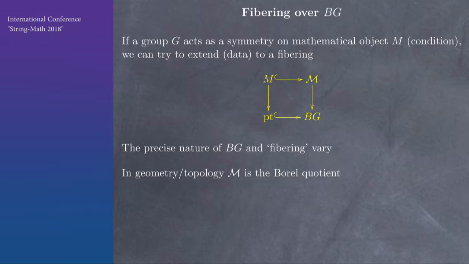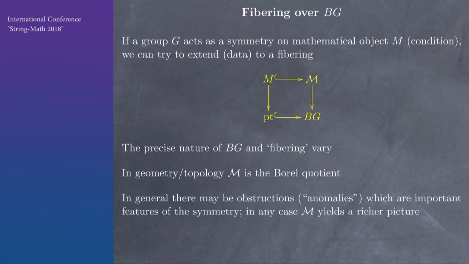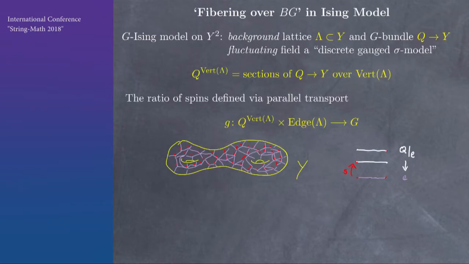So typically when you do that, there's an obstruction theory. You have to do cell by cell, and you might encounter what in physics would be called anomalies. You encounter obstructions to extending the symmetry. And this usually gives a much richer picture and is a rather powerful technique even for proving theorems, because it converts problems about equivariance, about having symmetry, into problems about parameterized families. All right, so what does that look like in this Ising model? So this is very typically done in field theory. We're just doing the same thing here in this discrete model.